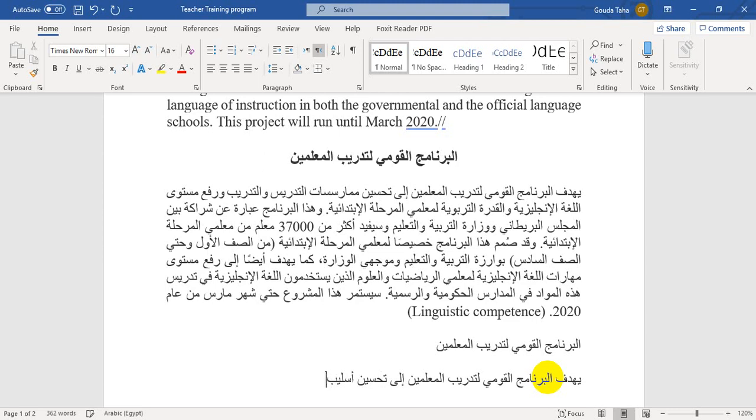So this is a natural way. And we could have here للمعلمين because both of these items are related to المعلمين. So أساليب التدريس والتدريب لمعلمي المرحلة الابتدائية